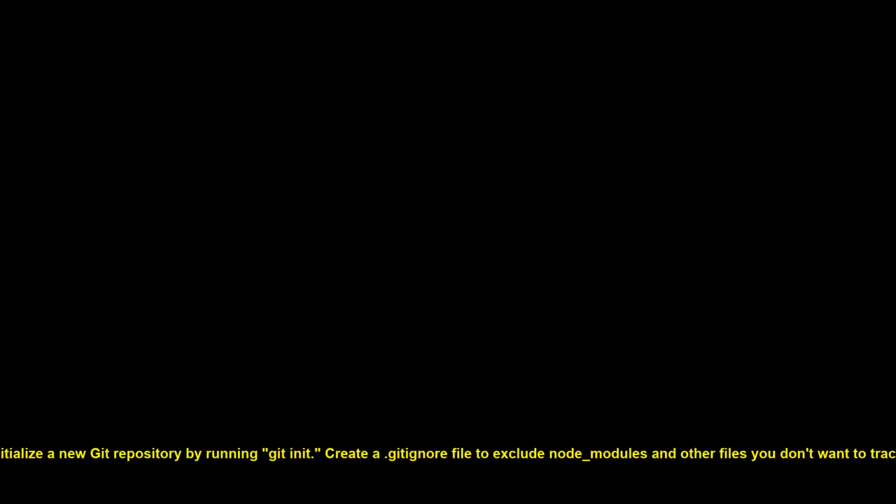Now that your tests are functioning, it's time to set up Git. Initialize a new Git repository by running git init. Create a .gitignore file to exclude node_modules and other files. Add the following lines to your .gitignore file: node_modules/, cypress/videos/, and cypress/screenshots/. Stage